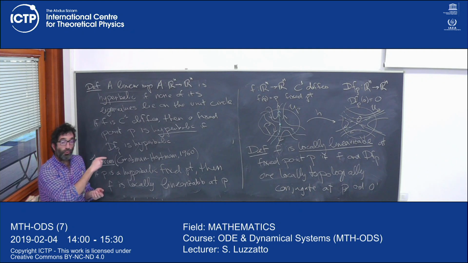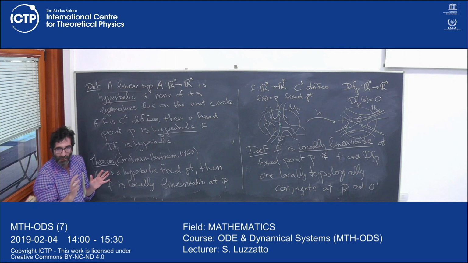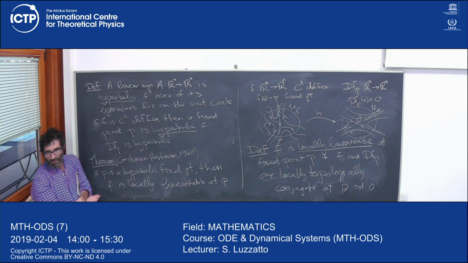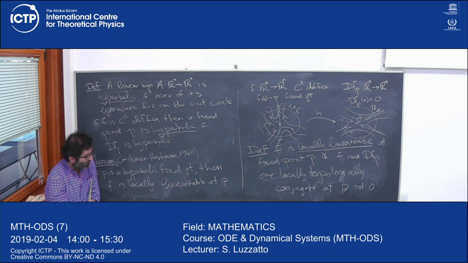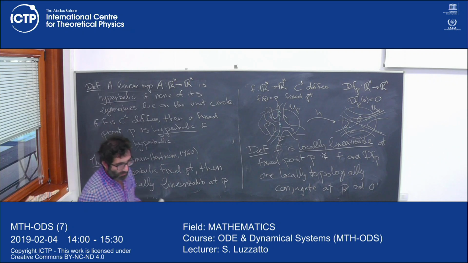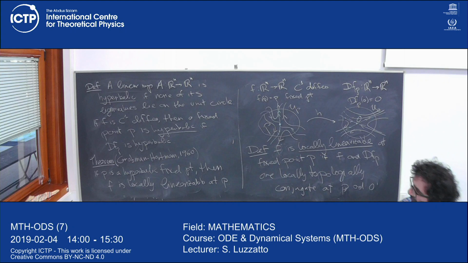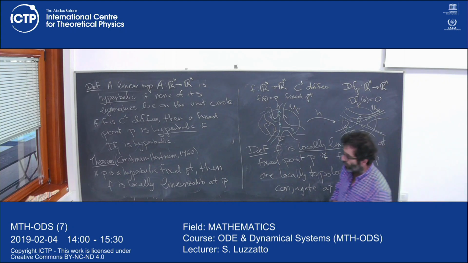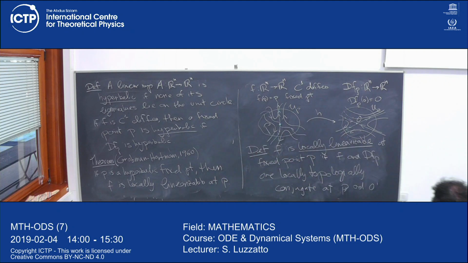So if the derivative is equal to 1, then in the one-dimensional map, you can see that you cannot have local linearization in general. You might have the identity map, and then you have local linearization, but you have cases in which the derivative is 1, but the fixed point is attracting, for example, but the linearization is the identity, so they're not conjugate. Okay, so hyperbolicity is a kind of necessary condition. Well, at least you cannot relax it completely. There might be some special cases, but not always, not necessarily. So we're going to prove a partial version of this theorem. We could prove the whole theorem, but the hyperbolic case is going to be a little bit